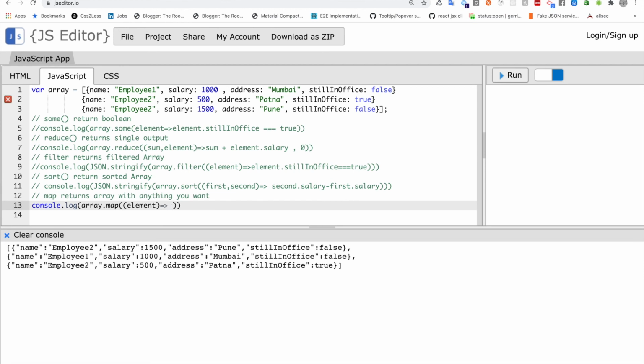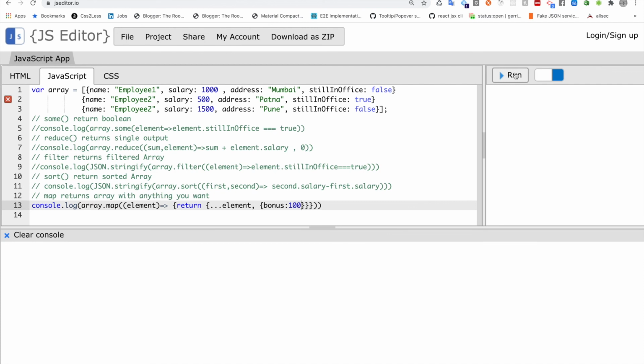And this will return the existing element actually. We can use the spread operator, the existing element, plus we want to add a bonus of 100 rupees to each element. So if I run this,